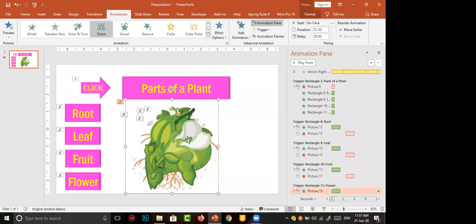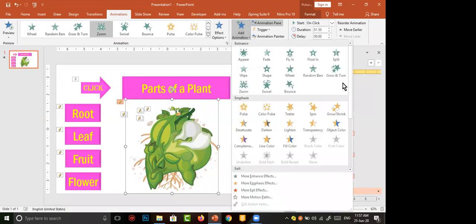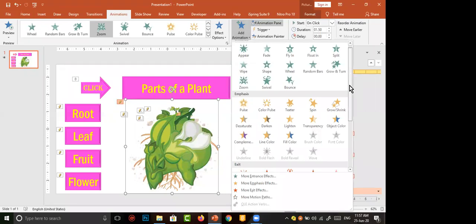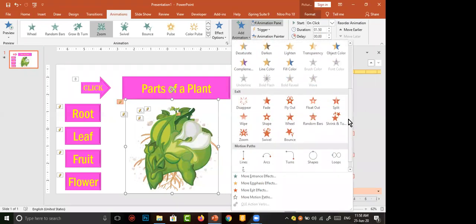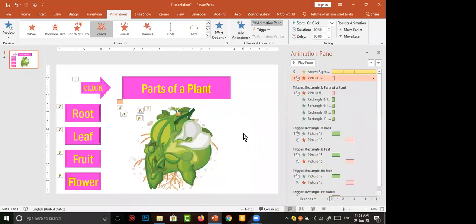The picture should disappear. For disappearing, again I want to give another animation. Select the picture, then move to animation. After that, you have to go to add animation. In add animation, we move to exit mode. In exit, again I apply the same effect, zoom. The animation is at the top. We have to bring it down. We can move it by the arrow mark, or we can drag it.